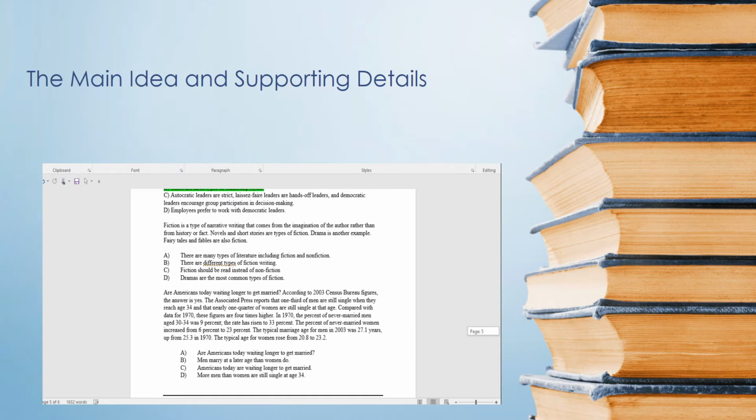For the next one, there are different types of fiction writing. That's correct. Because this particular paragraph really didn't say anything about nonfiction. And so for it to be a part of the main idea, the other sentences in the paragraph must discuss it or give more information about it. And so nonfiction was not even discussed in this paragraph, so you know it wouldn't be a part of the